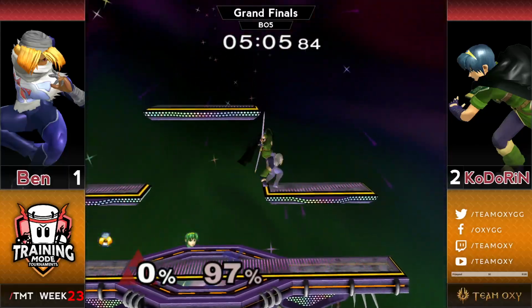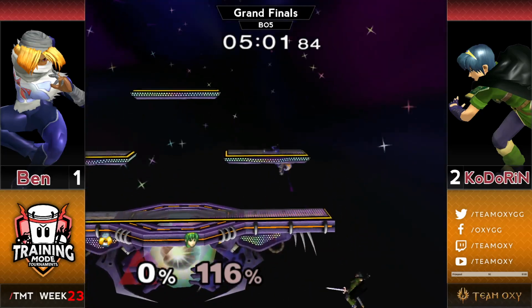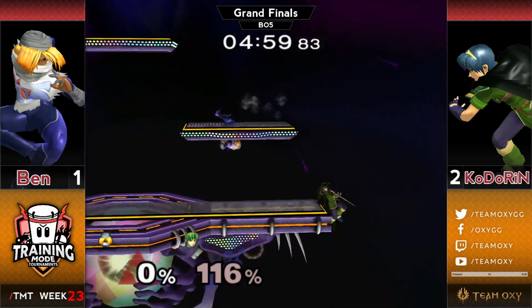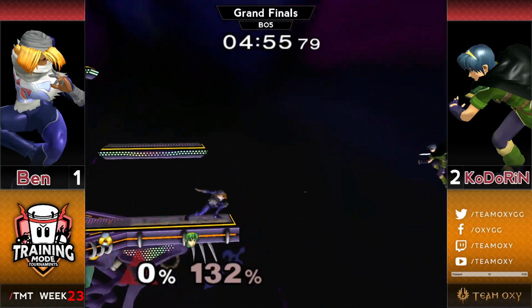Ben gets the down throw. Platform tech chase turns into something here, so he gets one more chance. That down air sets him up for an edge guard situation. KoDoRiN goes low, doesn't jump. I think Ben was kind of looking for the high jump, but he does find the hit in this ledge